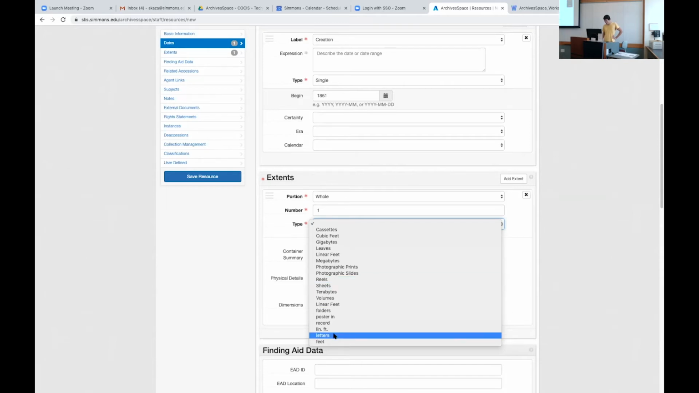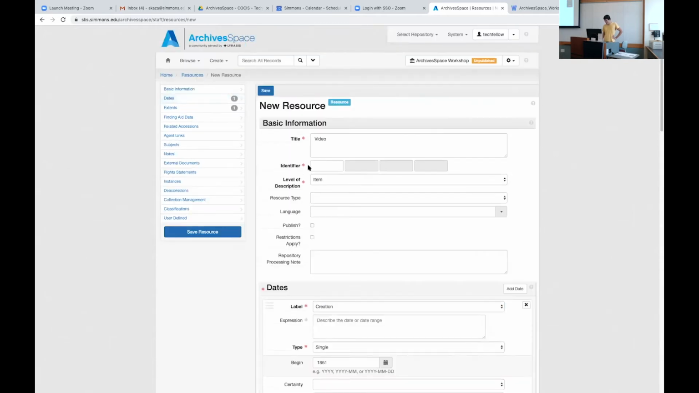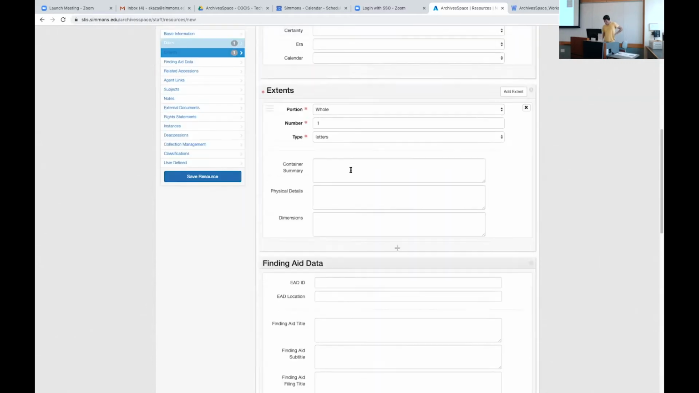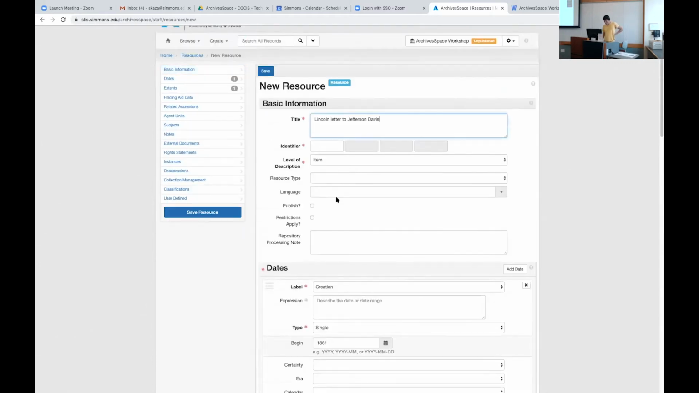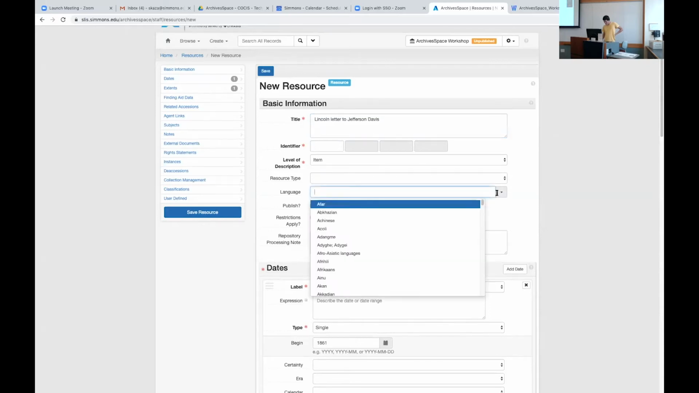I'm going to say letters, right? And again, I'm just going to go back to my Lincoln letter to, let's say, Jefferson Davis, right? And so I'm going to ensure I select the language, and thankfully ArchivesSpace gives us a drop-down list so that